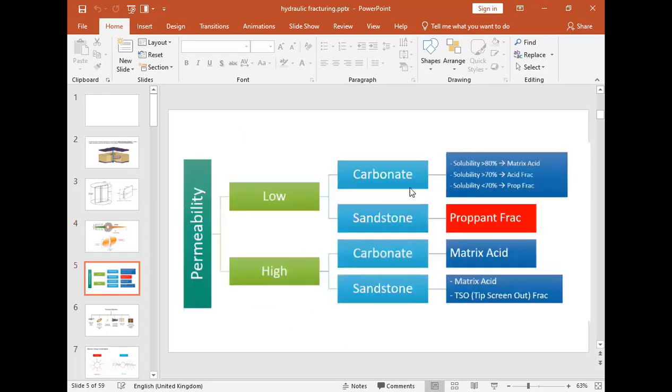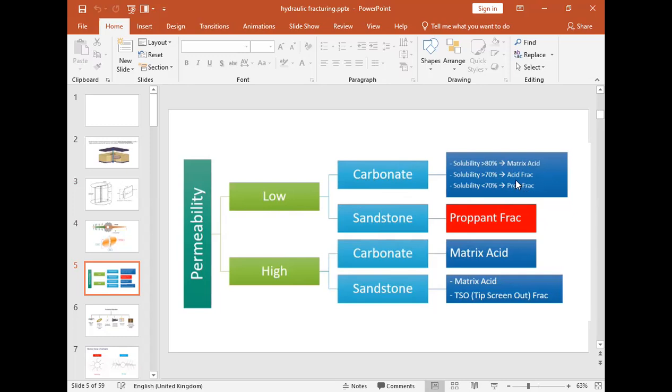So there are various domains in which hydraulic fracturing can be exercised. It must not only be in a low permeability domain. We can also apply hydraulic fracturing in a high permeability domain, but with a different objective. So if I have, for example, a low permeability rock, and I have to carry out hydraulic fracturing, if it's a sandstone, what I'm going to carry out is a propant frac. That means I'm fracking the rock using a propant. But if it is in a carbonate,